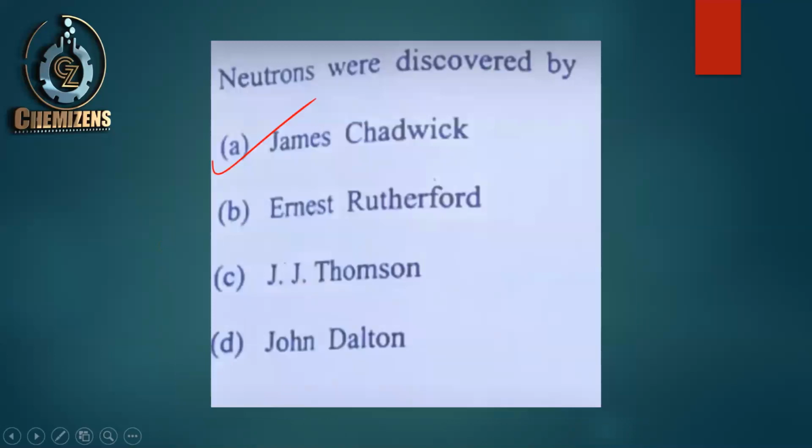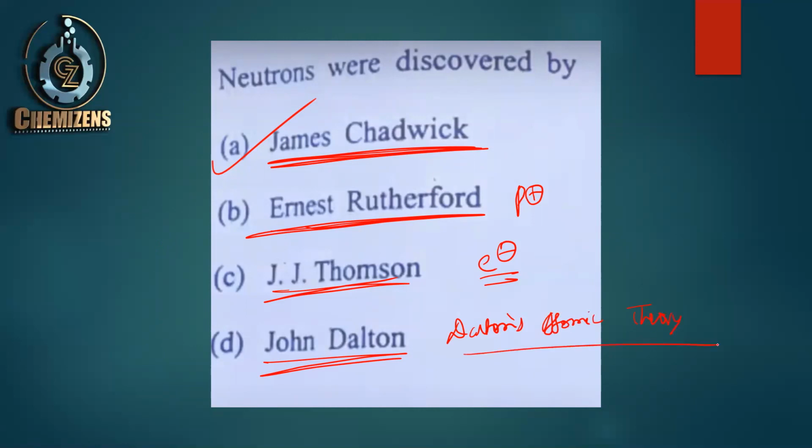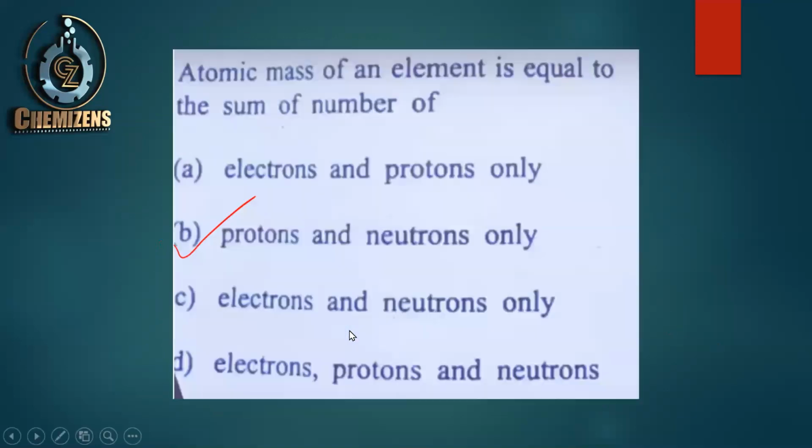Now neutrons were discovered by the scientist James Chadwick. Rutherford discovered the proton. J.J. Thomson discovered the first fundamental particle, that is the electron. And John Dalton gave Dalton's atomic theory. That is known as Dalton's atomic theory. So this theory was given by him, right? Now the next question is atomic mass of an element is equal to the sum of number of